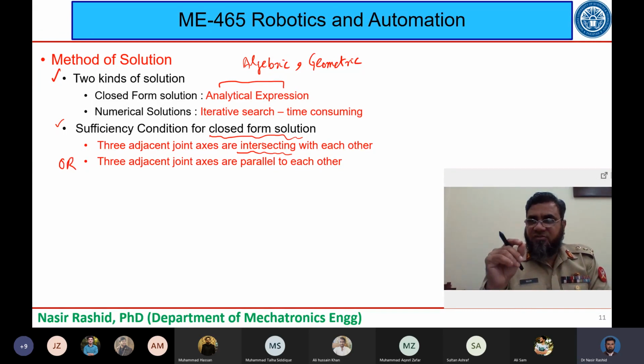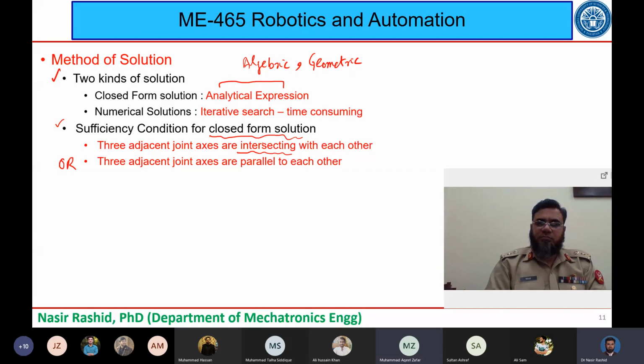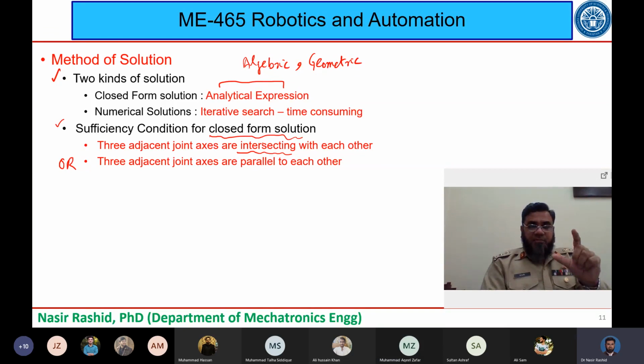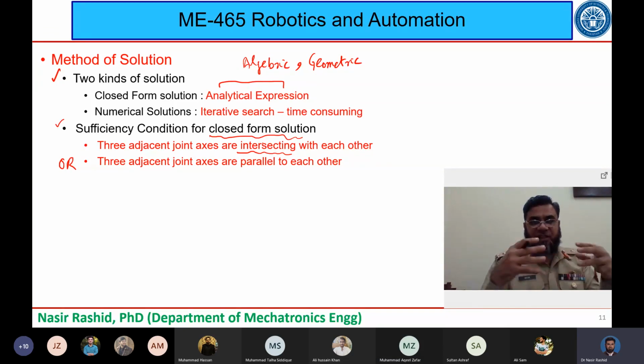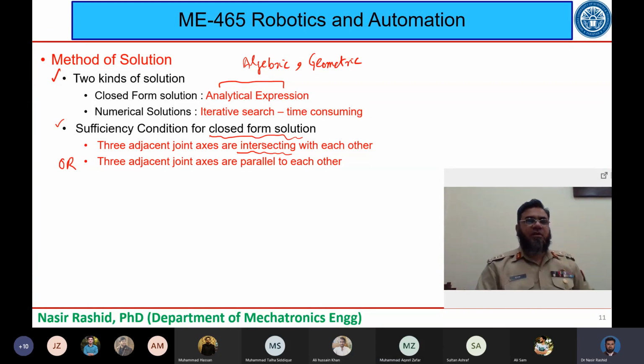Let's see, in a 6 degree of freedom robot जो कि हमने PUMA को discuss किया था, उसके कौन से joints हैं जो intersecting हैं? Wrist, very good. So किसी भी रोबोट में अगर रिस्ट मौजूद है जिसके तीनों जॉइंट्स इंटरसेक्टिंग हैं, तो इसका मतलब है कि वो आपको एक क्लोज फॉर्म सॉल्यूशन दे सकता है।